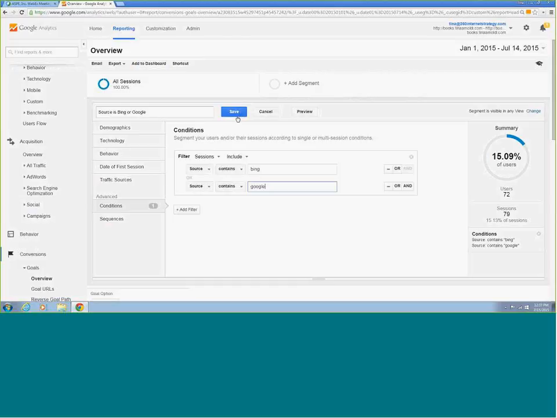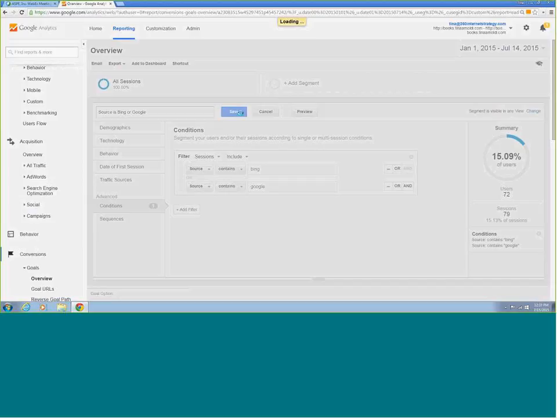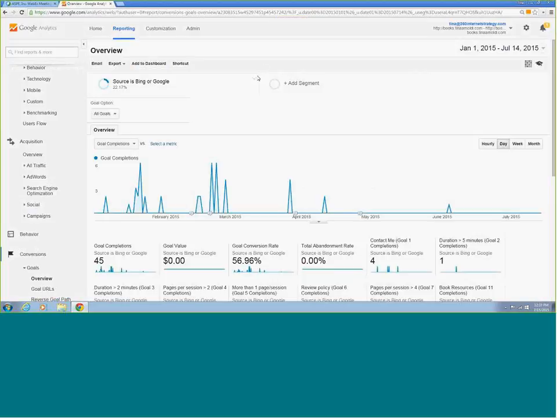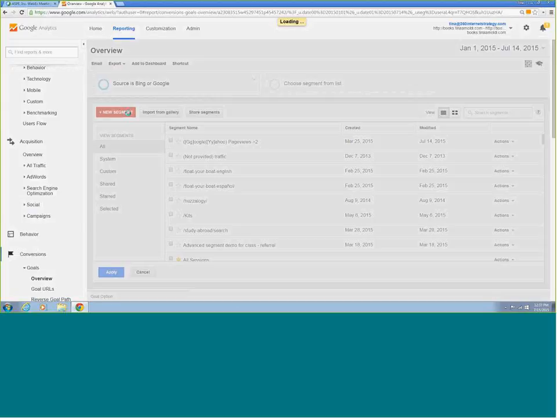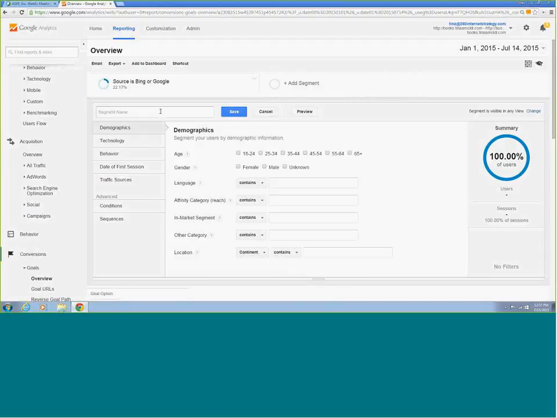So once I save this and let it process a minute, new segment where my source is Bing or Yahoo. And one that I'll show you another one is add segment. Date of first visit, July. Okay, so the reason that you would care about this is if you were doing a huge marketing campaign